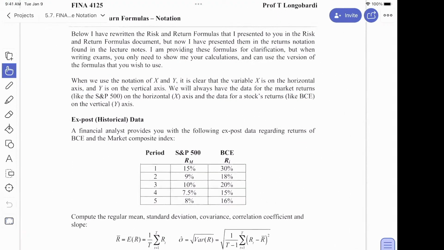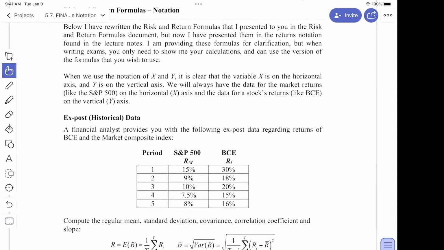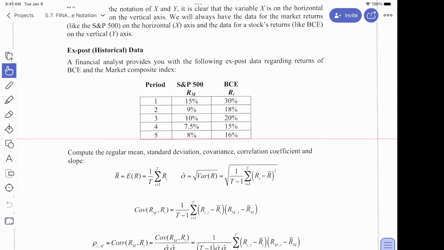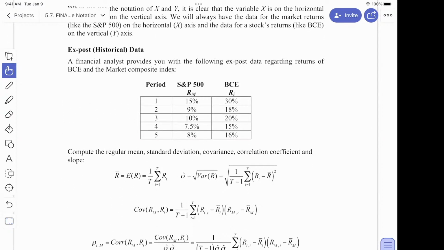Okay, so this is where we want to end up. I showed you this at the beginning of class, but now what I've done here is I've put all the formulas that you're going to review for your statistics review into the format for finance. So finance is an application of statistics, right? Finance is an area of application of the statistical computations.